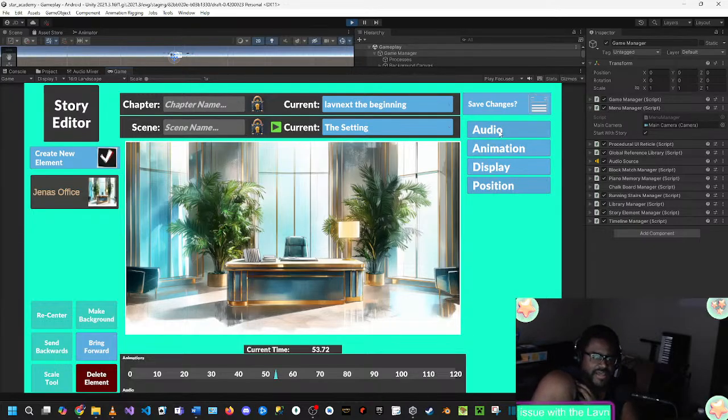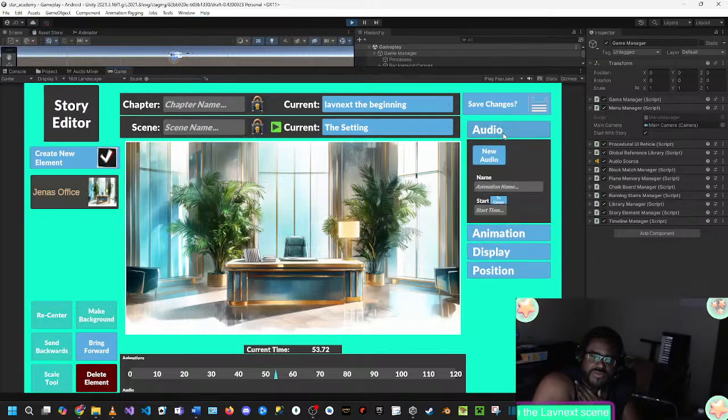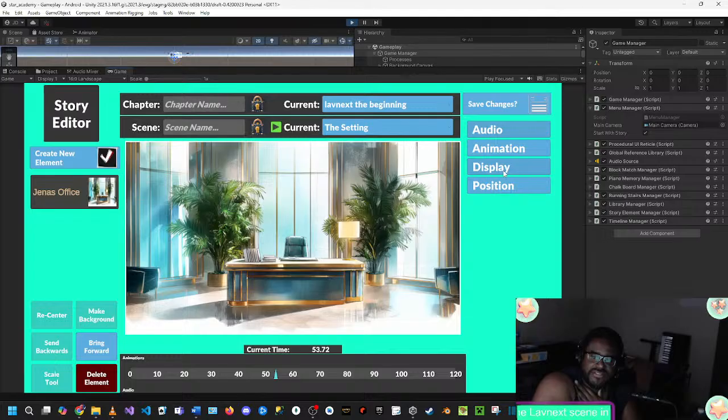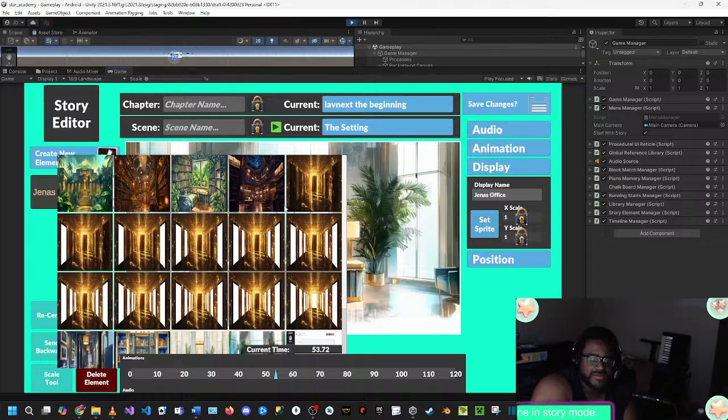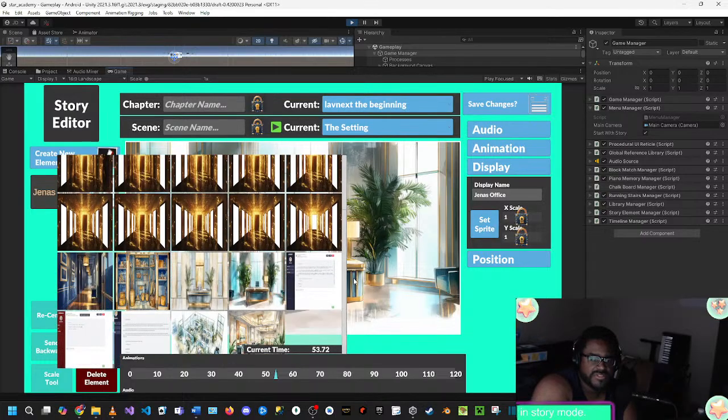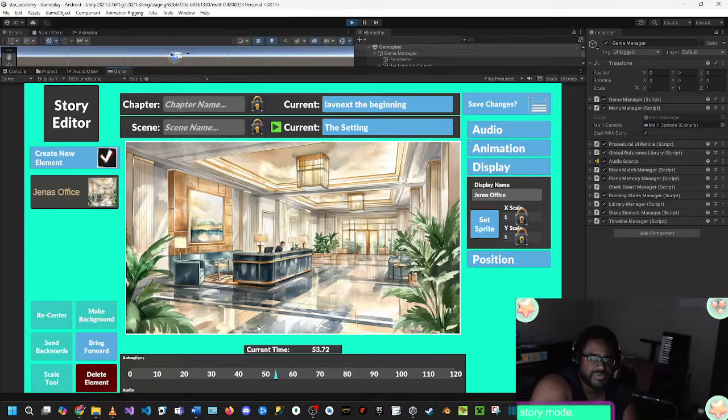But just a little bit about how this story system works. And man, I really do want to get this ready to move from one game to another, right? And as I expand it or whatever, I really just make it a DLL so that whenever it's time to move it, you just literally drag and drop the DLL and then there it is, right? So I might want to set a new sprite for this one because the setting should probably be, I don't know,